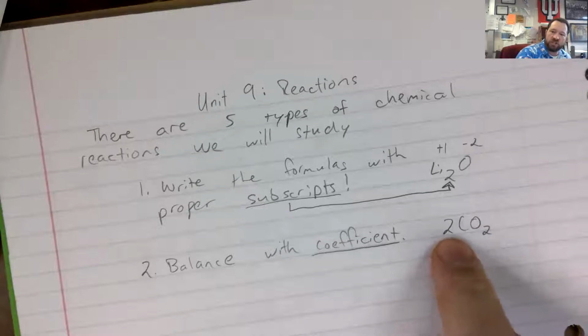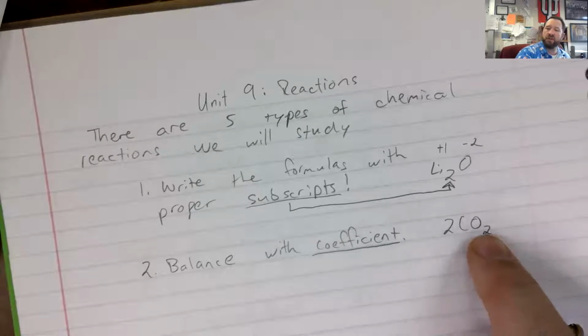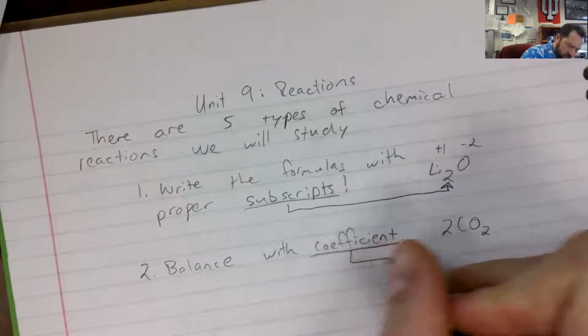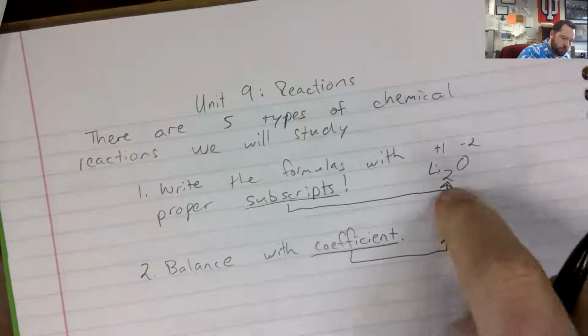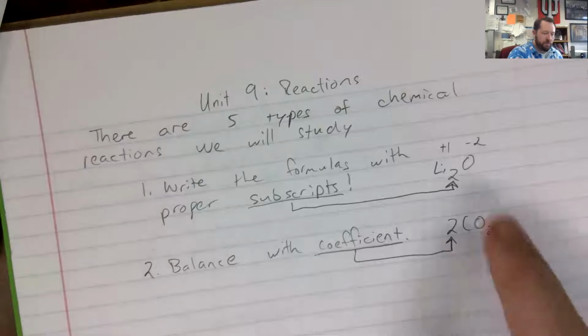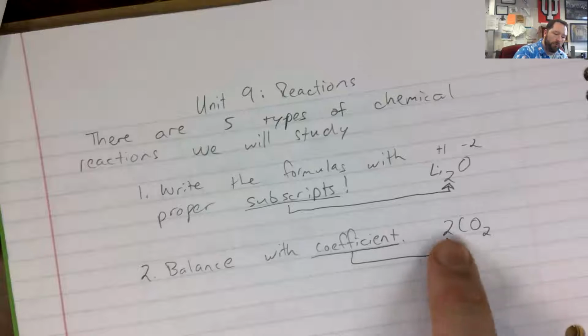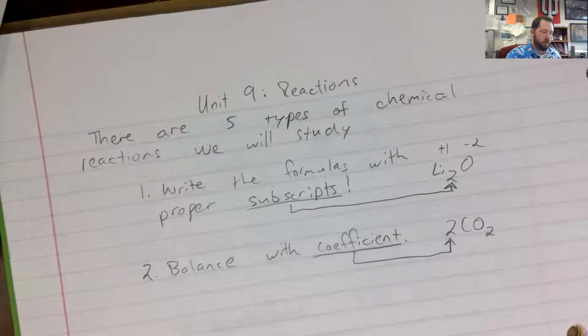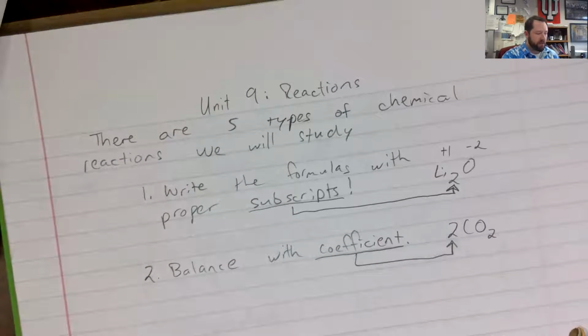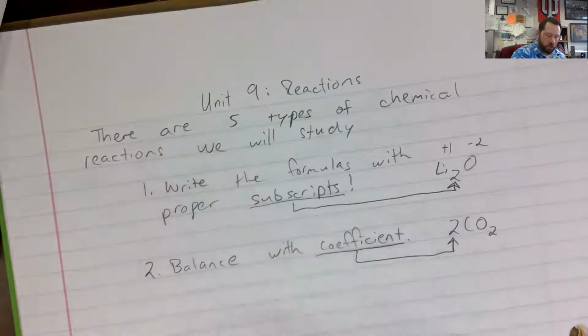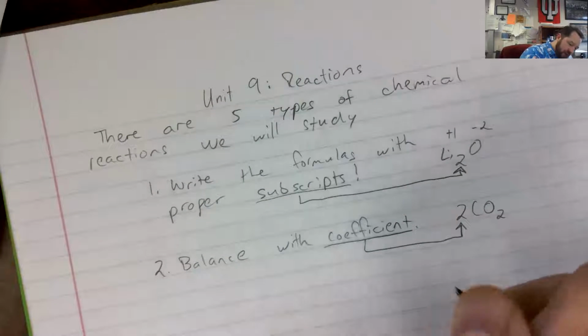The coefficient is the number that's out in front of a compound or element. So the subscript is the little number that is typically behind one element or group of elements. The coefficient is the number that's out in front. So use those to balance for the overall equation once you have all of your subscripts in the right place. And then finally,